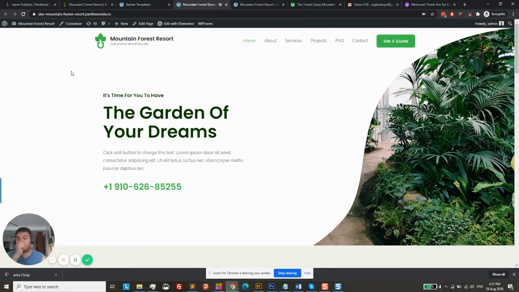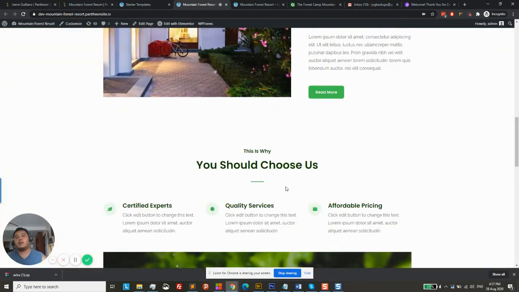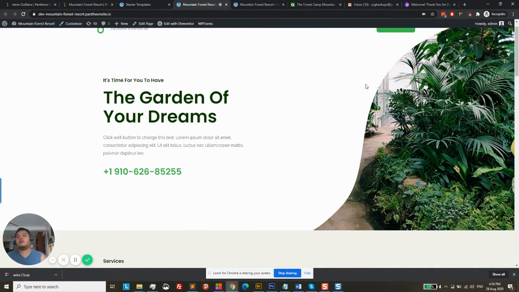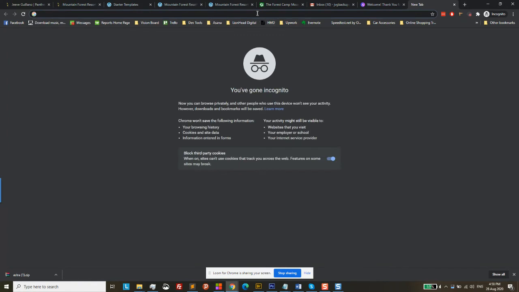So we are able to successfully install a WordPress website, and we have here a beautiful theme to complement the theme of the website, which is a mountain resort with some beautiful gardens similar to a forest camp. So just an added bonus, I will also demonstrate to you how to add or replace the background image of the header. Okay, so